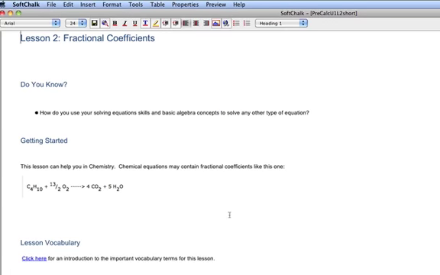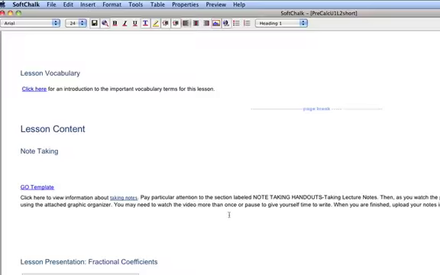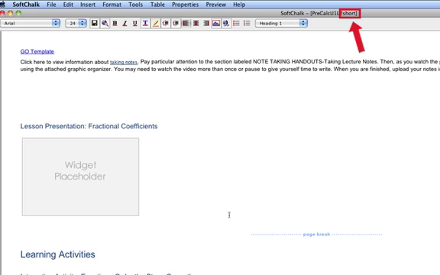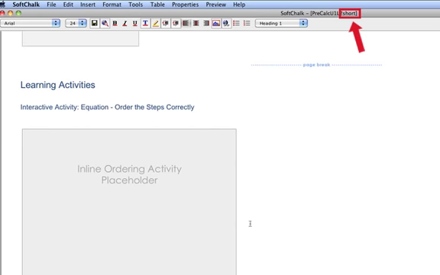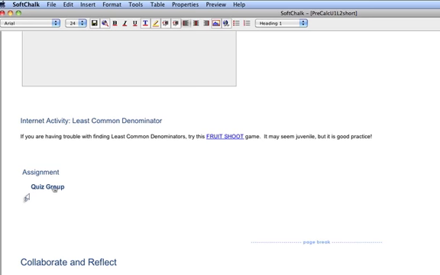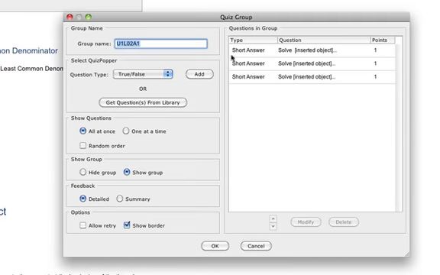Okay, so same exact lesson, just has a different name. I've just added the word short at the end. Eventually I would reduce some of the activities in this lesson, but first I'm going to take a look at this quiz group. So when I modify the quiz group, I can see it still consists of 3 short answer